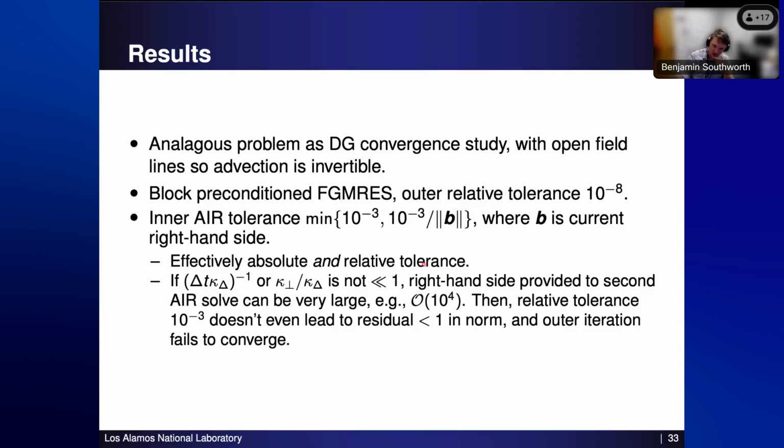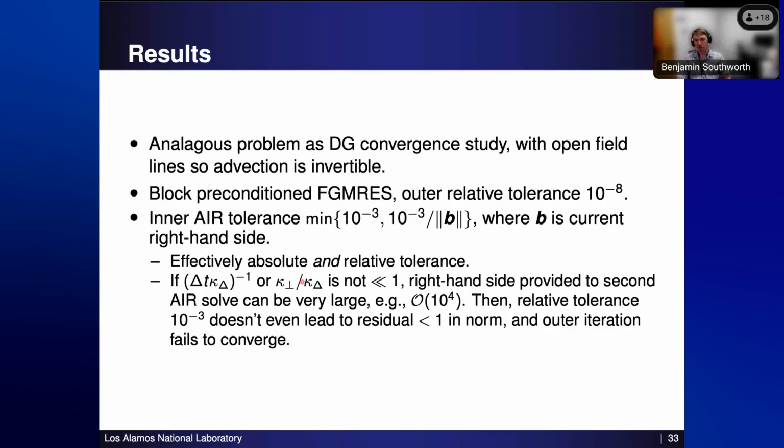When you use solvers in libraries, you can often set a relative and an absolute tolerance. Typically, it does not say you want to satisfy both of those. It says you want to satisfy one, and there is some kind of priority. What we really need in this problem is to satisfy both. When you do block preconditioning and you have inner solves, my experience has always been about 3 digits. If you bother doing more than that, it's a waste of effort because you're not going to improve the convergence of your outer method. And if you do less, then you might not be solving accurately enough for your outer GMRES to converge. So this is just a benchmark that I use as an inner tolerance.